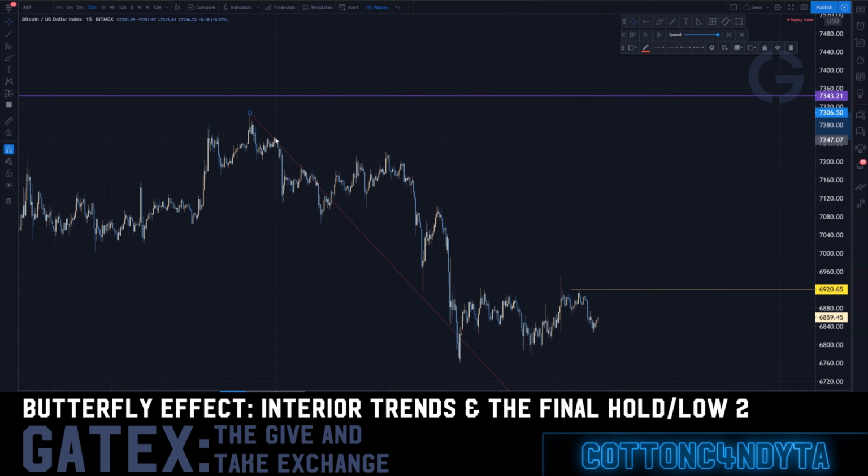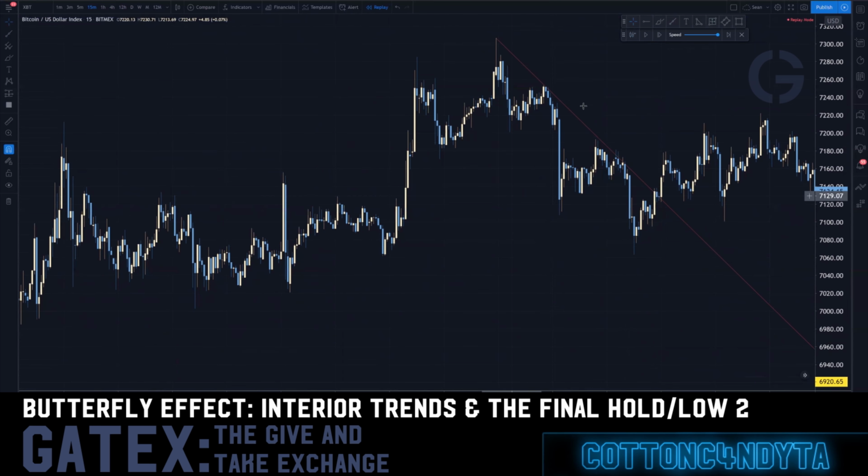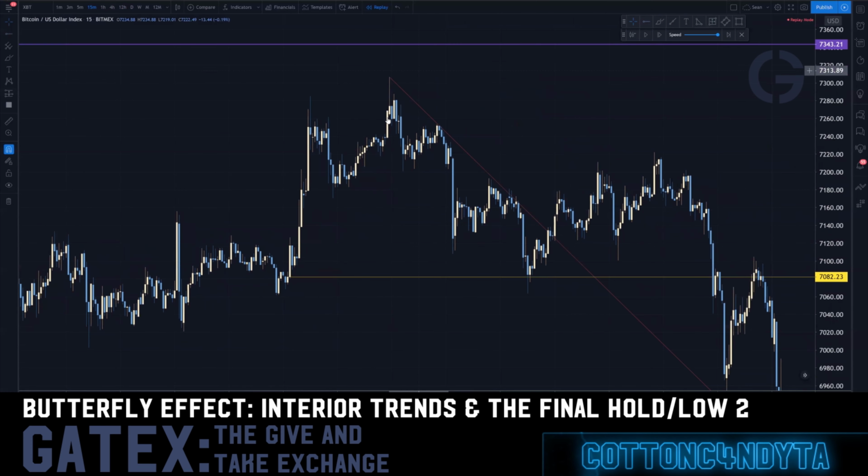So we would just simply start here. We're just going to pick the very high of this move and walk through. You would start and define the interior moment there. Interior moments can live independent of anything else, right? The greediest point in this move, this hold level back here, is holding up this. So you'd be somewhere like here. As long as this can hold, your move is going up.